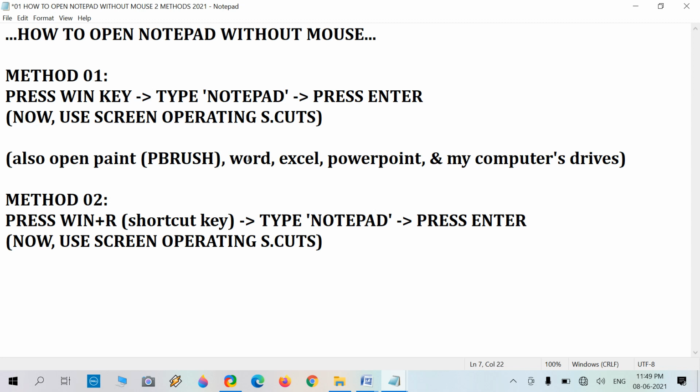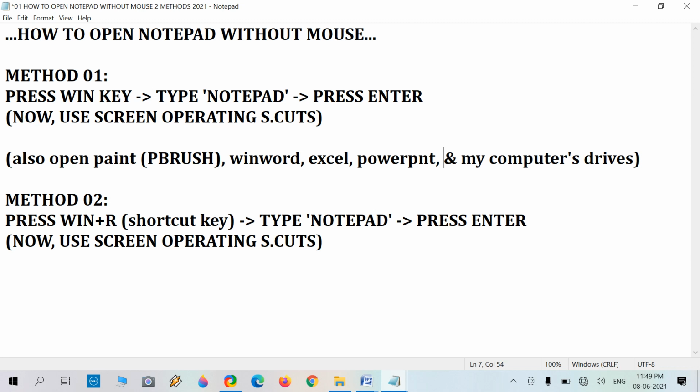For Word there is WinWord. Capital or small, it works, there is no issue. For Excel, you can use just the term Excel. For PowerPoint, you can use POWERPNT.